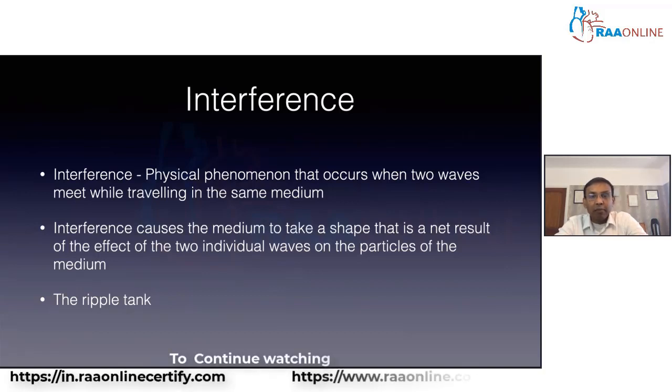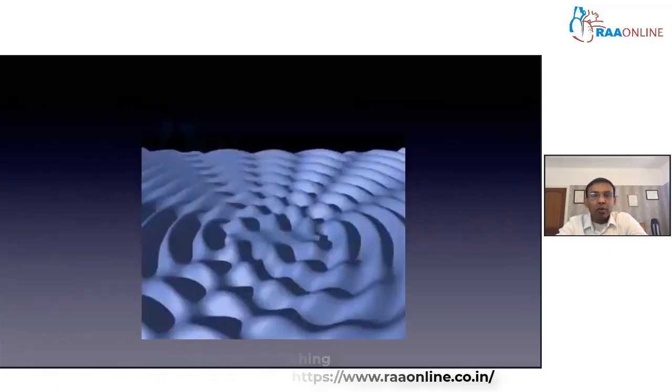The commonest example that we see is the ripple tank, which clearly demonstrates the concept of interference. So I just want you